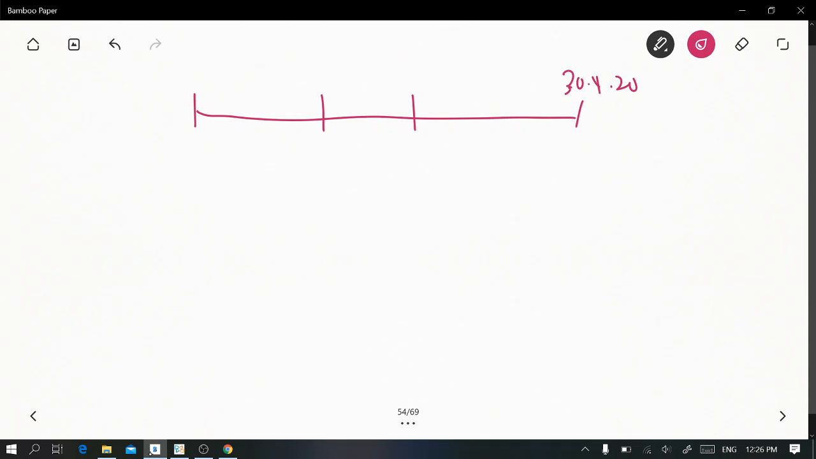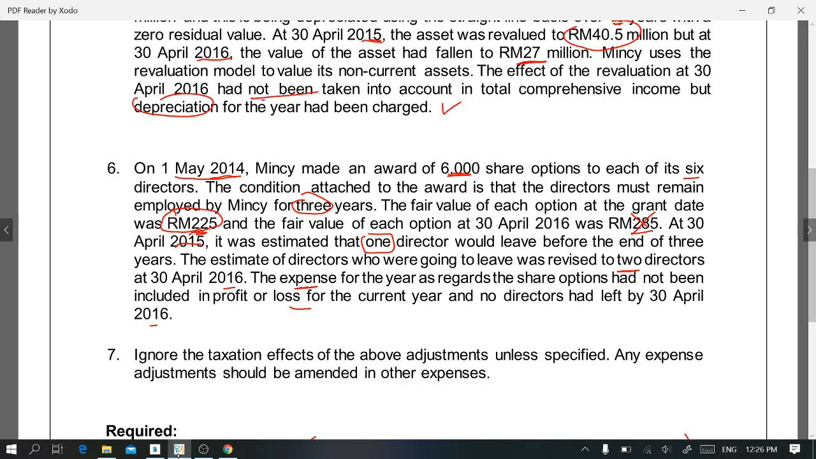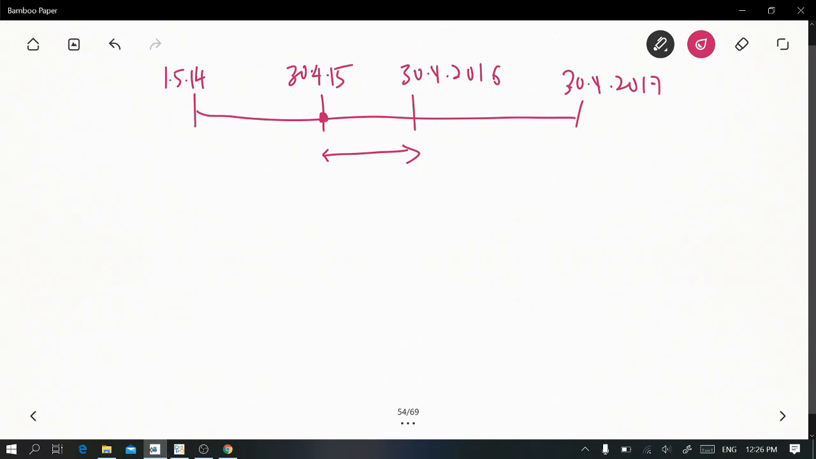30th April 2017, 30th April 2016, 30th April 2015, 1st of May 14. So 6,000 shares were issued. So here we are in this financial year, but we need to know the movement, so we need to find 2015. So in 2015, one director would leave. So at this date, 30th April 15,